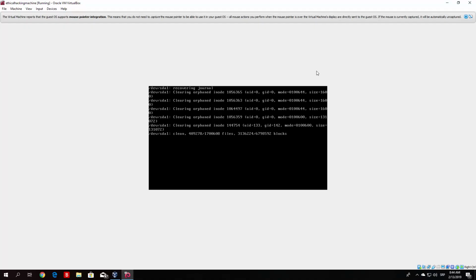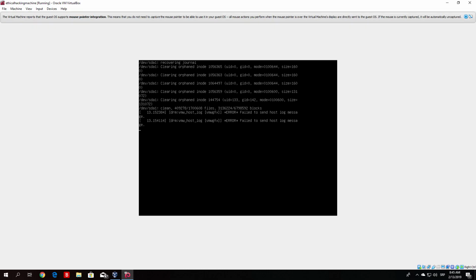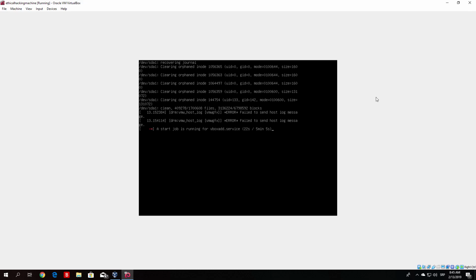Hello everybody and welcome back. Right now we are slowly entering our footprinting section, which will be the last part of the beginner section, including the scanning section that we will do right after we cover the footprinting. Before we begin, while our machine is starting up, let us explain a little bit more what footprinting